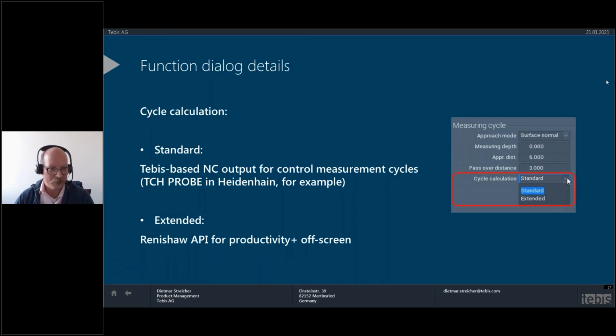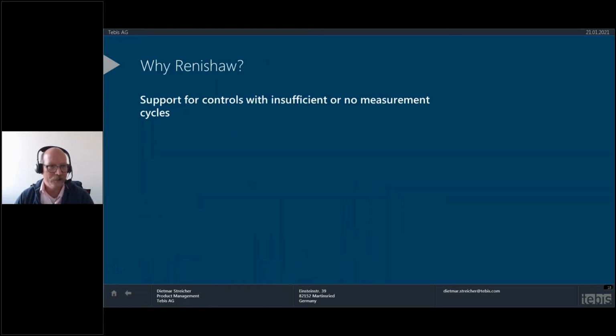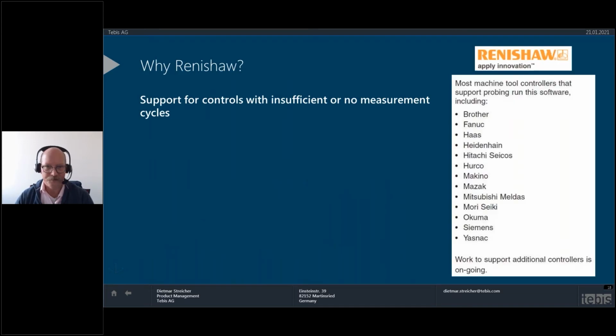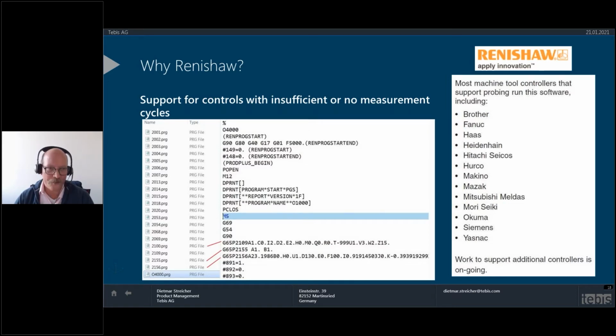And we decided to do this cooperation with Renishaw here. And our first results are very, very good. We are very happy that we used this, because Renishaw allows us to do measurement operations also on the controllers listed here, as you see. And a lot of them do not have native cycles for measurement operations. But by means of this Renishaw solution, you will get an NC output, which is shown here, for example,